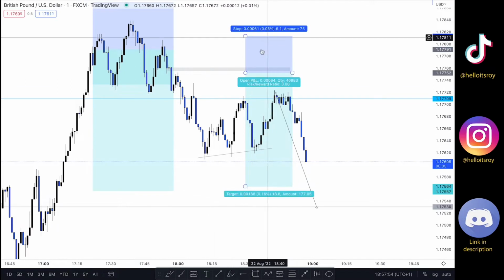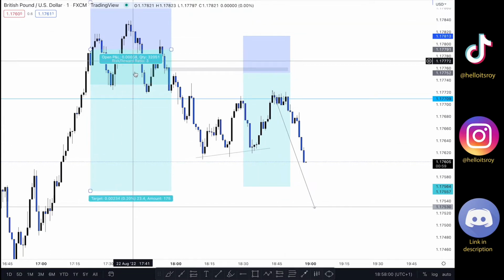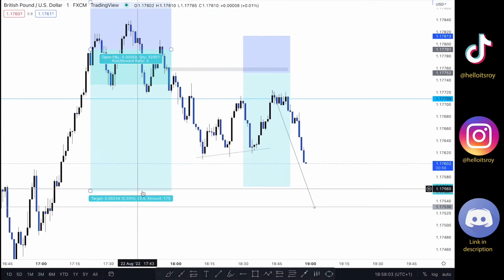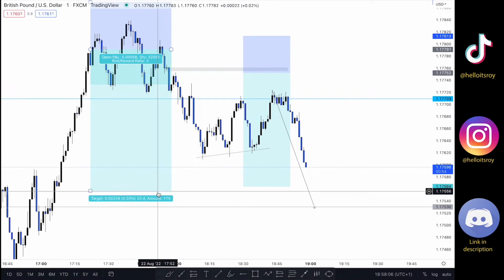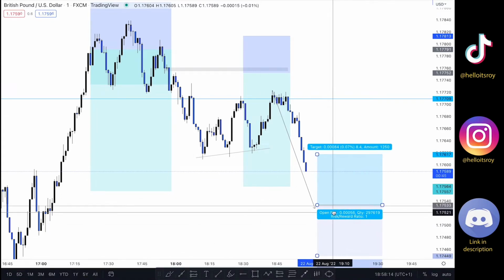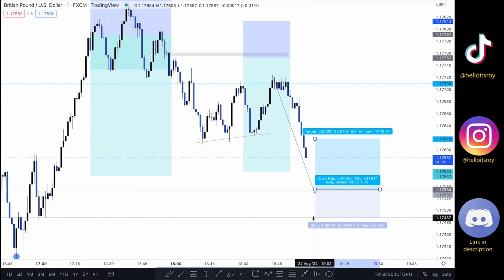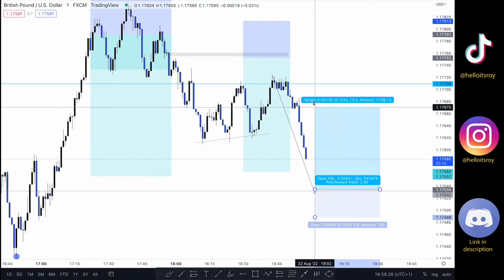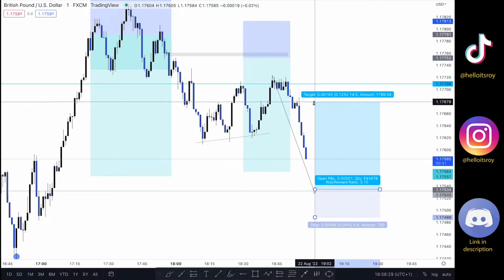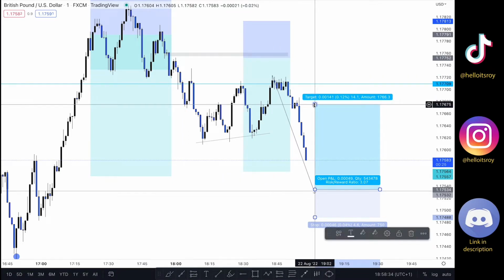Now, guys, unfortunately, the market didn't make it up to here. So I wasn't triggered on my second sell right here. I'm still in my first sell, waiting for it to hit my target right here. However, as soon as GBPUSD hits my target right here and goes into this line right there, I'm going to be buying GBPUSD from there, right there. And I'm going to be targeting these highs right here. I want to target this double top above here. However, 1 to 3 risk reward ratio is enough for me, as I always say.